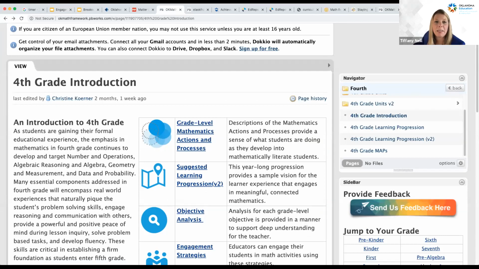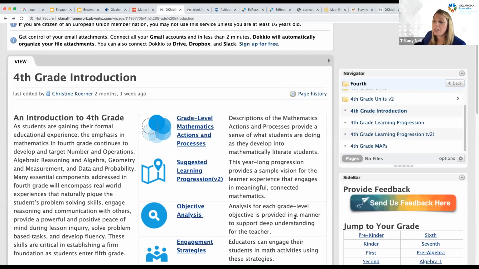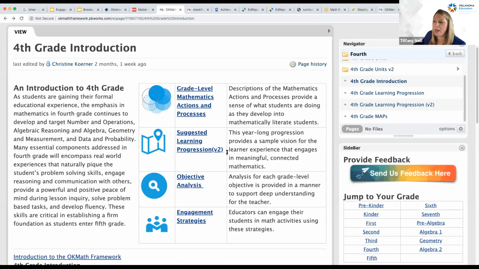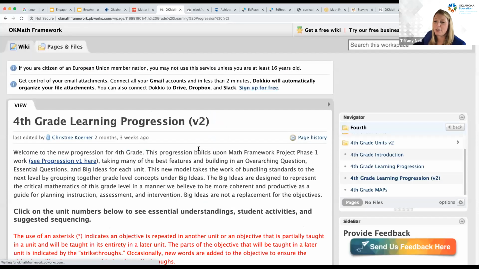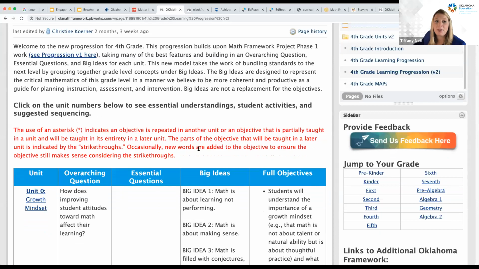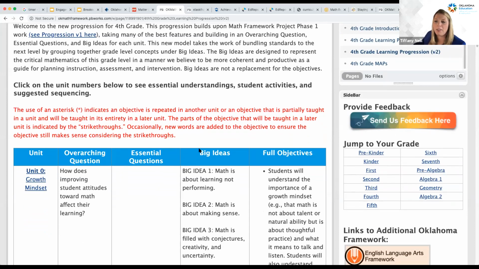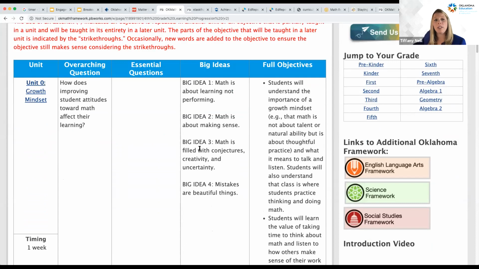Yes, and Christine mentioned the Oklahoma Math Frameworks. So this is probably one of the best spaces for our Oklahoma math teachers to go to, all grade levels, if you're looking for high quality open education resources and resources that are sequenced in a way that attends to that coherence or that building purposefully. So if you go to the curriculum frameworks, here we are at 4th grade again for mathematics, and you go to suggested learning progressions, you're going to see that teachers in our state came together to think about, with our standards, what units should you teach and what order makes sense for student learning.